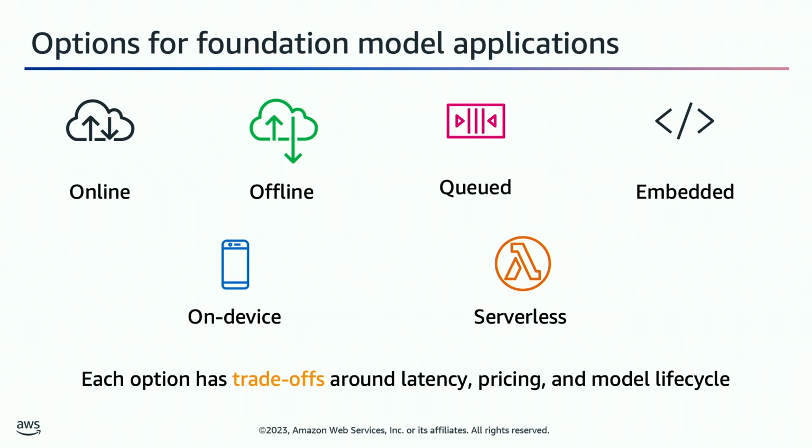where maybe you store a number of records for something, and then you want to send those records to your model, run your model on those records, and then send the responses back. So that's a batch use case, also called an offline use case. Then there's also a queued use case where maybe you have your model hosted on some resources and you want to park a queue in front of that so that the requests sort of bundle up in this queue, and then as space becomes available, they go and get responded to, and then they come back. So a queue is an option.